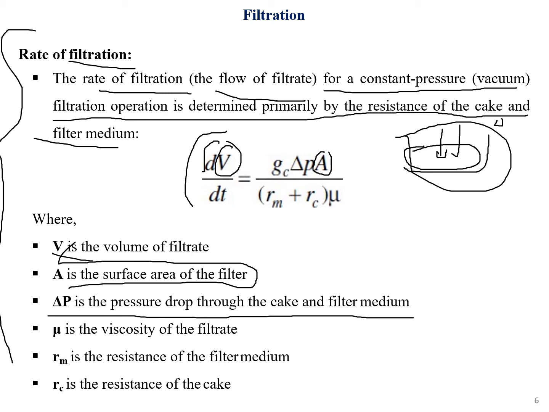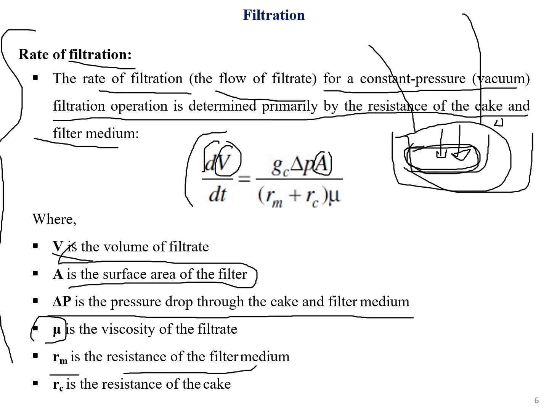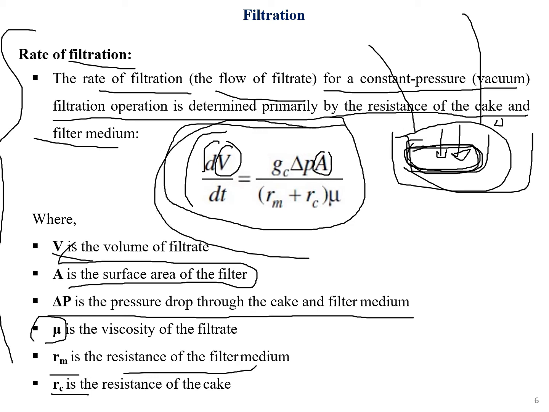So, how much pressure the filter has to withstand from all the unwanted stuff. Mu is the viscosity of the filtrate, meaning whatever we are pouring in. Rm is the resistance of the filter medium, the filter paper or whatever we are using, and Rc is the resistance of the cake, the unwanted stuff that gets accumulated here. I hope that was an easy one. There is not much of a difference, and you can just remember the derivation if you want, which might come in your exams.